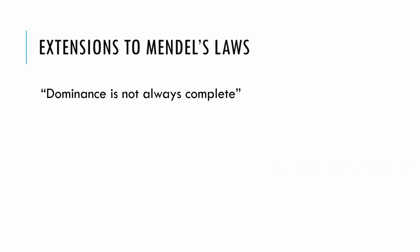Dominance is not always complete. A consistent working definition of dominance and recessiveness depends on the first filial hybrids that arise from a mating between two pure breeding lines. If a hybrid is identical to one parent for the trait under consideration, the allele carried by that parent is deemed dominant to the allele carried by the parent whose trait is not expressed in the